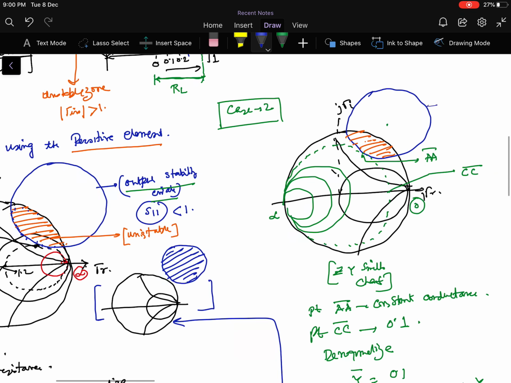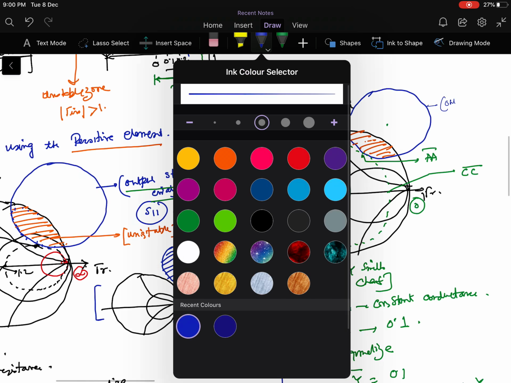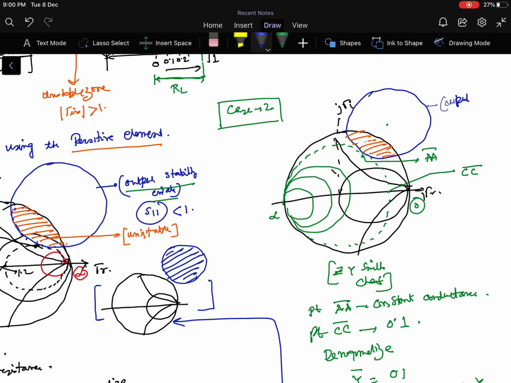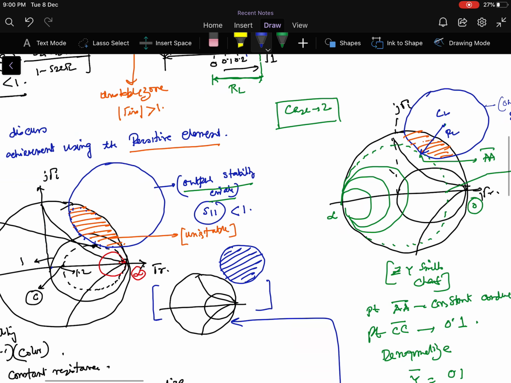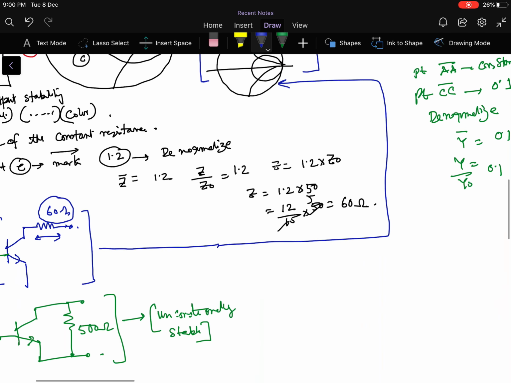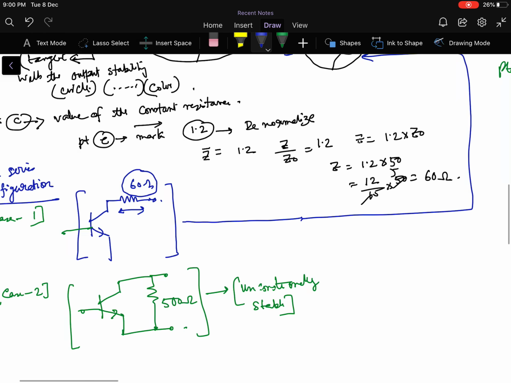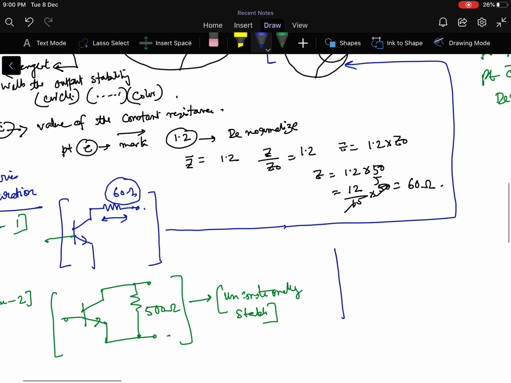So this is the output stability circle. I will put it as CLRL. If someone does this problem with input stability, he would connect the resistance on the input side. So that is an assignment. I am writing it. My assignment is